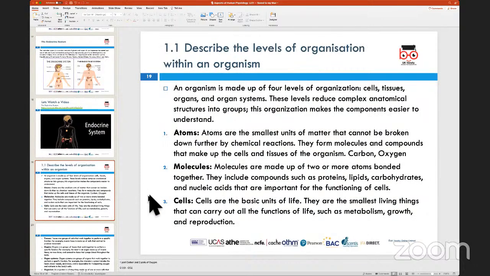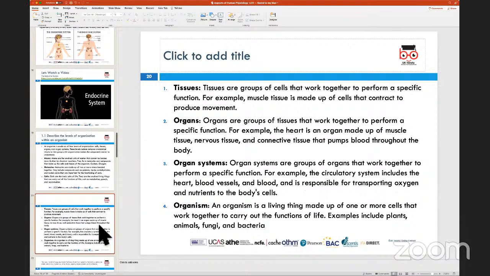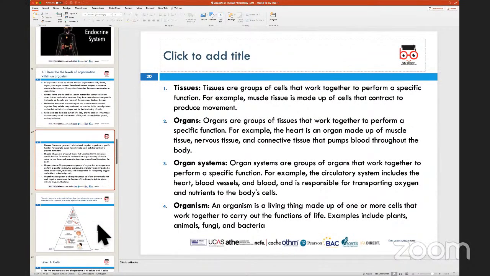So very briefly, I think this is something that you might be able to go through yourself, because it talks about describing the cells, levels of organization within an organism. So here again, we are just going into basic details because it's talking about describe. What I would suggest is we need to cover not just the definition of the different types of basic building blocks of the organisms, starting from atoms, molecules, cells, tissues, organ system, but what might be useful is to basically